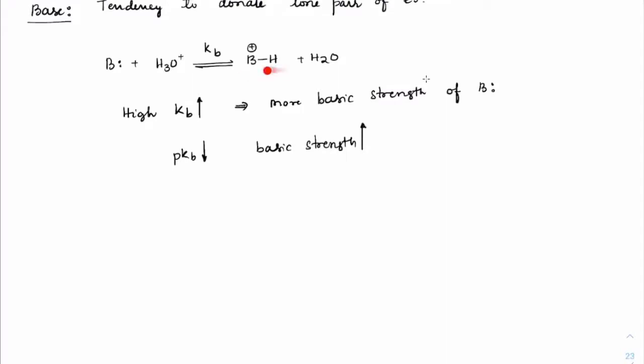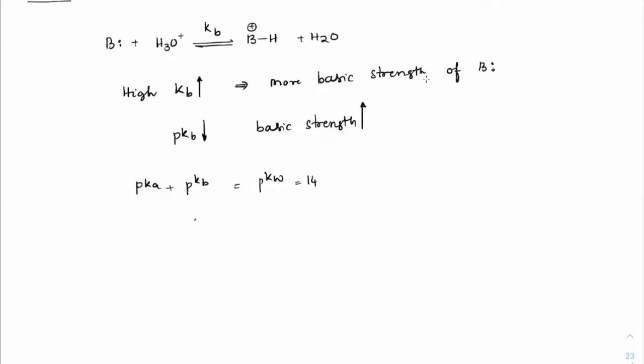Can we write in terms of Ka only? We know that for a conjugate acid and base, pKa plus pKb of its respective conjugate base will be equal to pKw, right? Which is 14. Which means imagine if the pKb value is very low, the pKa value will be high, right? So for example, if this is 1, this has to be 13. So the pKb value is very low, which means highly basic. If this is highly basic, the pKa value should be high, right? Same way, suppose the pKb value is 5, this has to be 9.